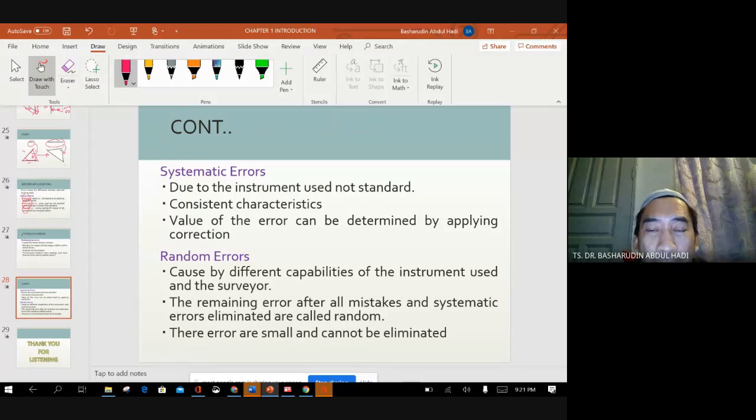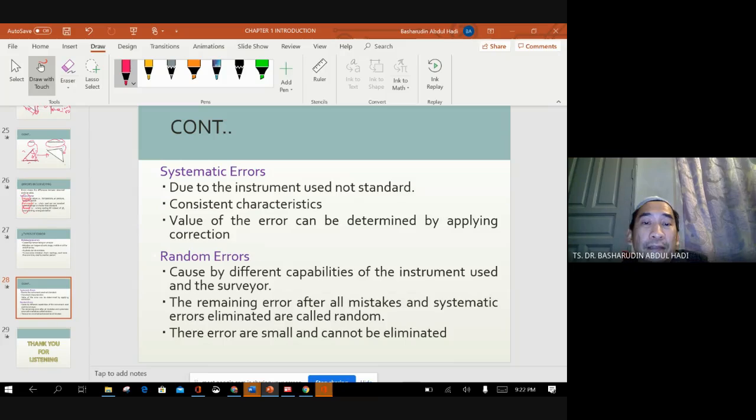For example, you do a survey from Arau to Kuala Lumpur. For Arau, using a different instrument, using EDM, and we call it total station. In Kedah, using the total station. Again, in Perak, using the EDM and theodolite. And sometimes from Perak to Kuala Lumpur, it is GPS. And of course, GPS is not the same standard as the leveling instrument, so you must convert. If you do not convert it, this means systematic